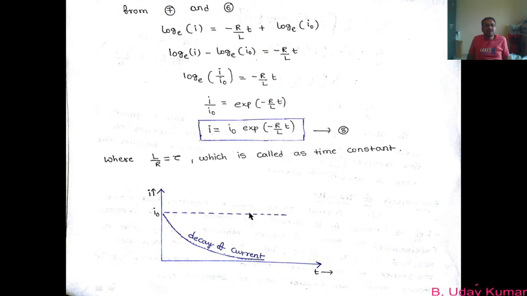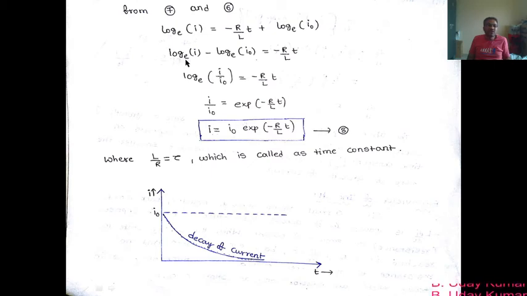So if I substitute b in equation number 6, this is equation 7. Substitute this b, which is nothing but log to the base e of I0. So the same equation I can write as log to the base e of I is equal to minus r by L into t, plus log to the base e of I0. Again, simplifying it, I get this equation, which we already got here. So now simply send this log to the base e of I0 to the left hand side.